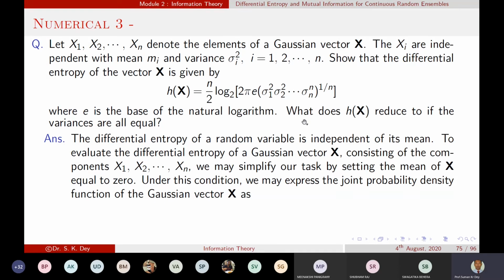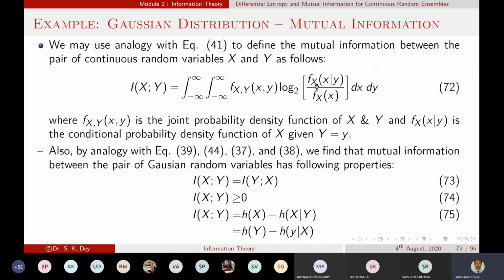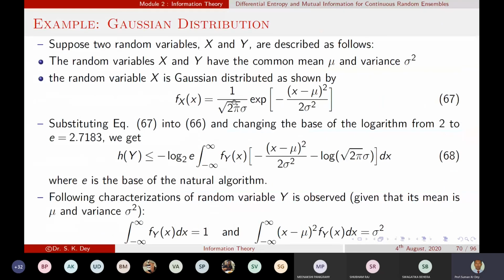Because you see, if we do not take the mu value as 0, then definitely, as I told, we need to consider mu1, mu2 like this, because the mean and variance for the different random variables will be different. So suppose for x1, the mean equals mu1 and the variance equals sigma 1 square, and x1 is the input.